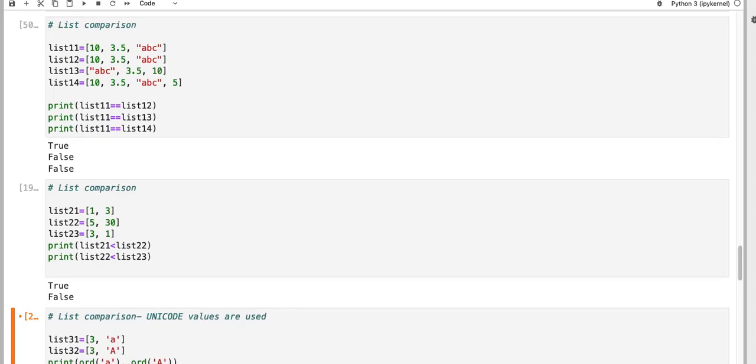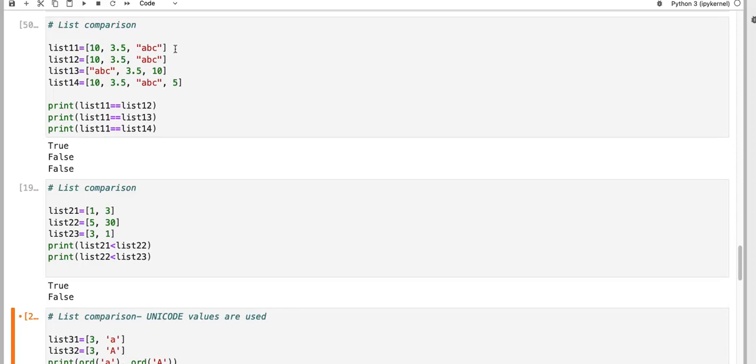Hello everyone. In this video I'm going to talk about how we can compare two lists. We have done similar comparison when we try to compare one string with another string. When we say we are comparing lists, we are trying to match their content. If the number of elements is the same and they are the same elements, we can say two lists